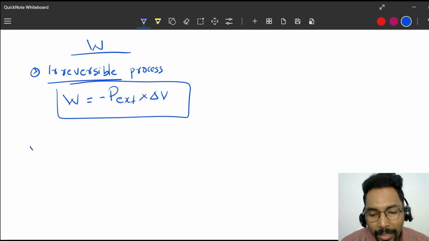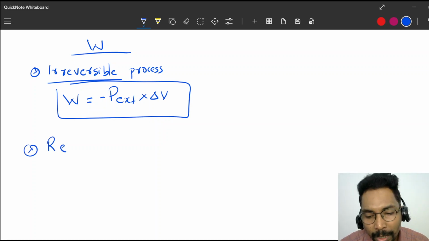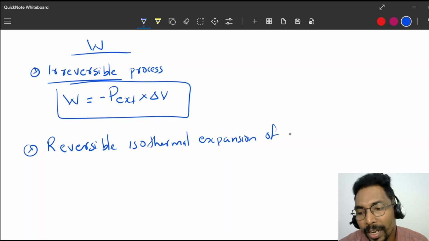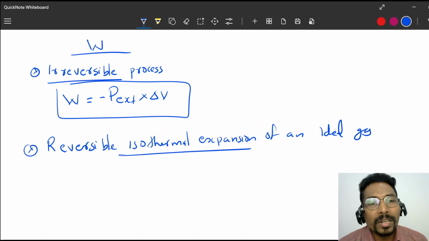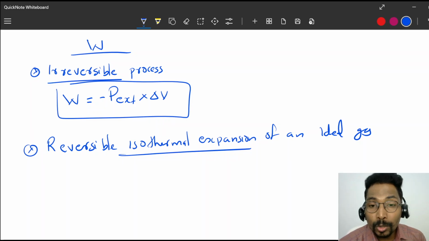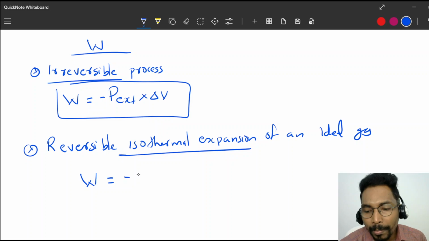And the second one is for the reversible process: reversible isothermal expansion of an ideal gas. So isothermal means what? Isothermal means at constant temperature. In this case, you can use the formula W is equal to minus